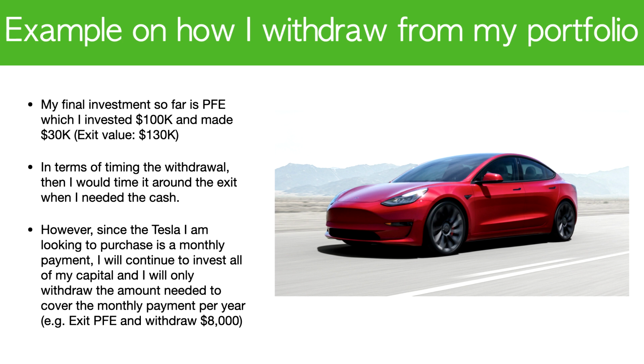So how does that apply to withdrawing money from the portfolio? When you're withdrawing money from the portfolio, I'll try to time it around the exits. So when I invested in Pfizer, my plan was to hold it for a year. Of course, the stock went up faster than I expected, and I exited after approximately 2 months. So at that point, when I take profit from Pfizer, then I will take out the money